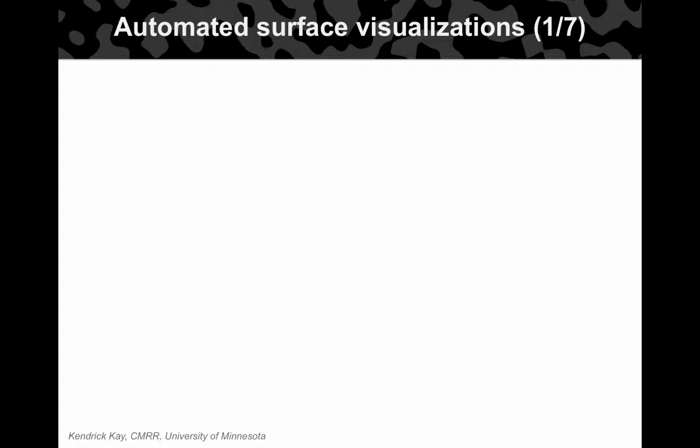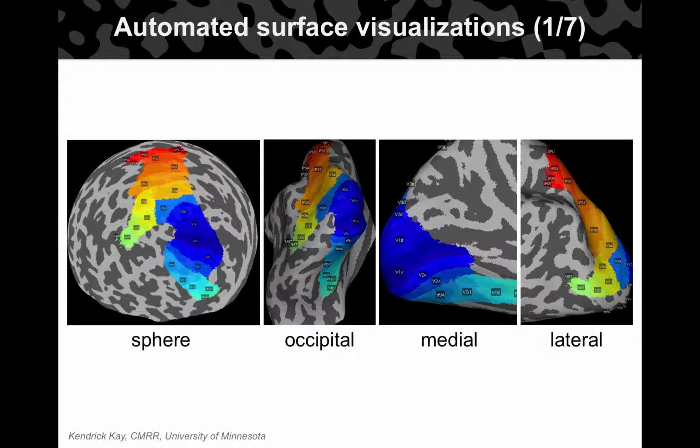Here are some little pictures, eye candy, just to orient ourselves. This is pretty typical. We have many different views. One is flattened, but that induces distortion, and then there are these other views. Depending on which brain area you're interested in, you might want to see an occipital view or a medial view, etc. The colors are just an atlas taken from Sabine Kastner's probabilistic visual area topographic atlas. This just gets our feet wet thinking about these things.